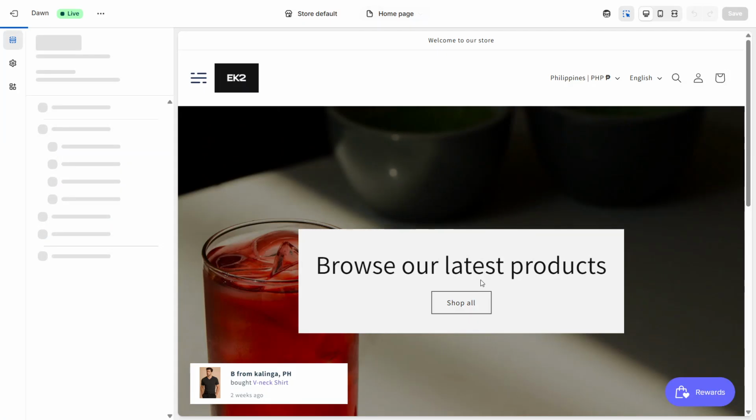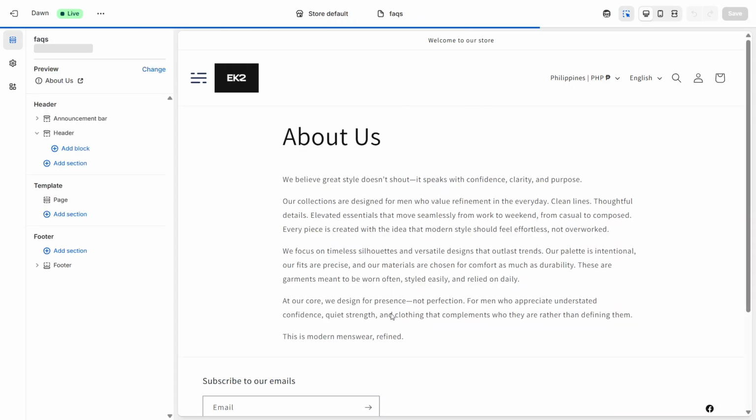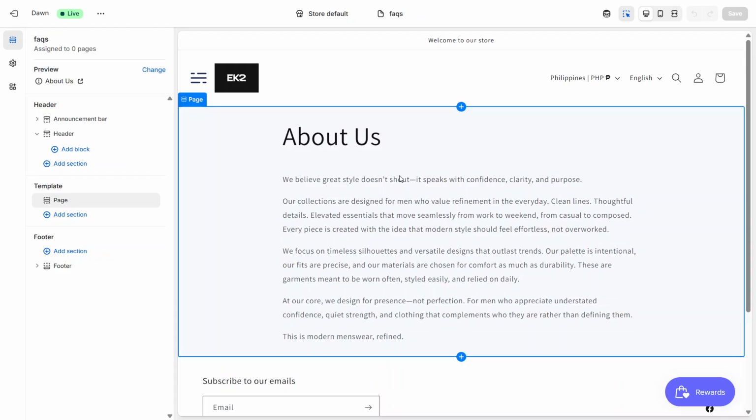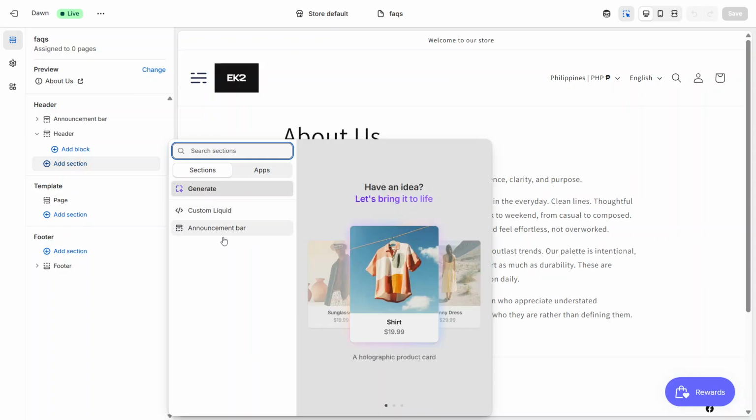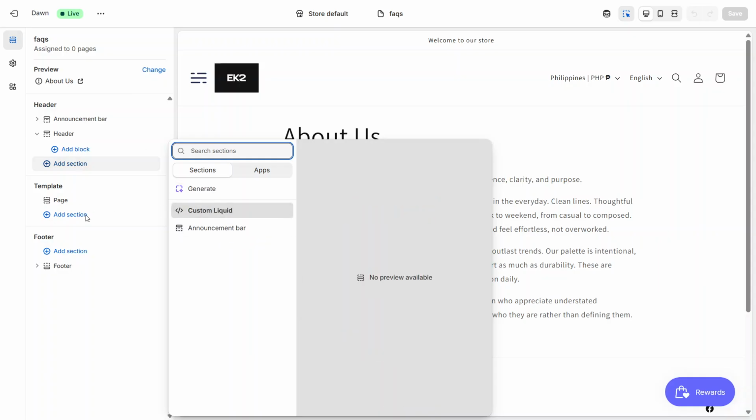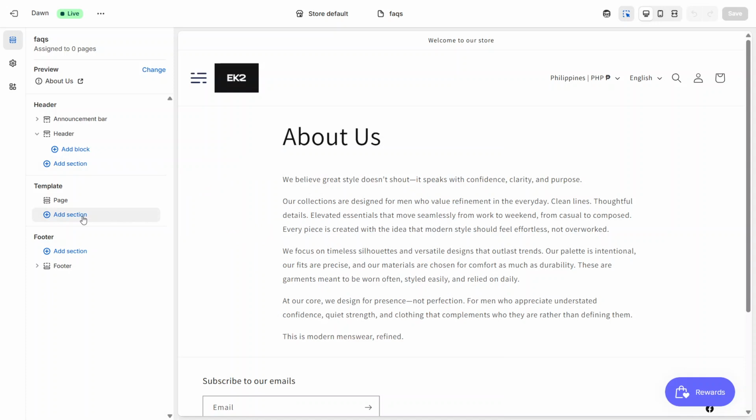The theme editor will reload and automatically open your brand new template. Now you can start customizing this template. On the left panel, you'll see sections that make up the page. To add a section, click Add Section and choose from the available options. The sections you see can vary depending on whether you're adding them under the header, the main template area, or